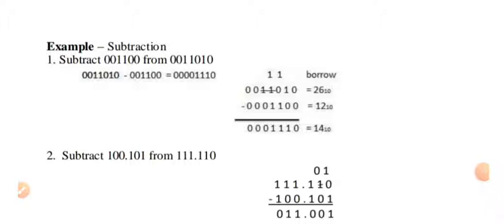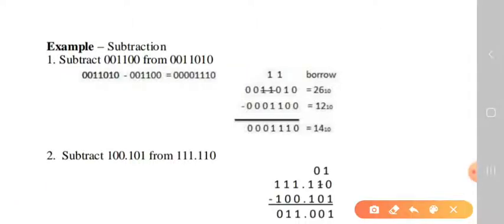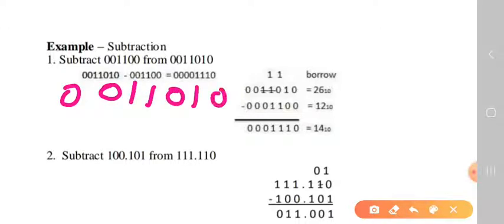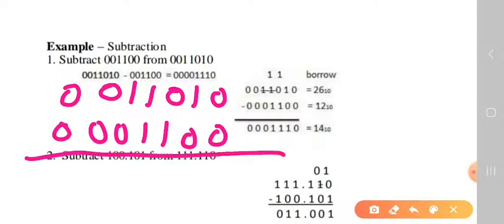Now let us understand it with this example which is given in front of you all. Here one number is 001100, which has to be subtracted from 00110110. So let us do it. The number is 00110110, and the number which has to be subtracted is 001100. Always write numbers from the right side. One number is shorter, so you can add 0 in it.